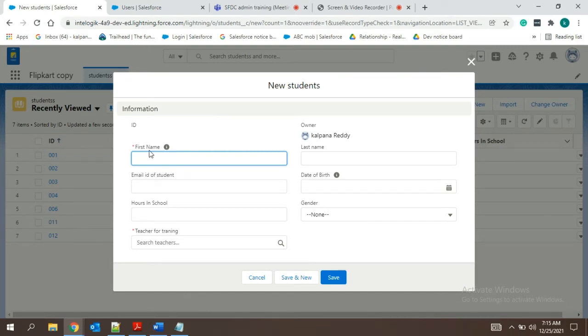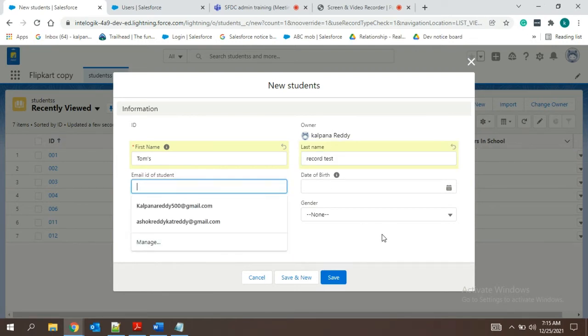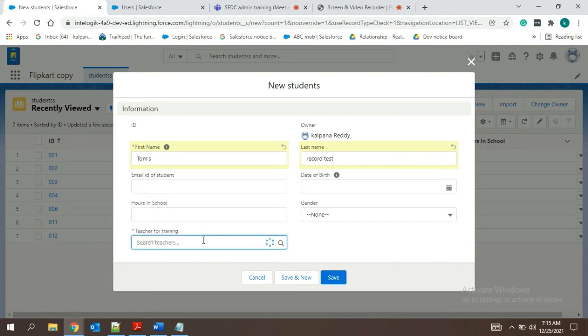So this is a student, no? We'll now have Tom's record test. We'll create it like this only. These are all not mandatory, but this one is mandatory because it's a master-detail relationship. No, this is a lookup, no, teacher.